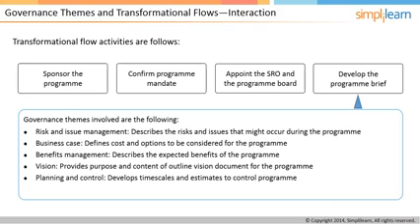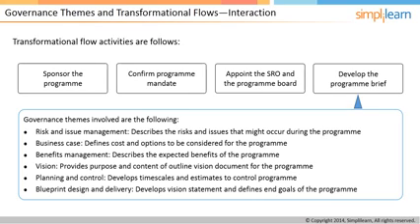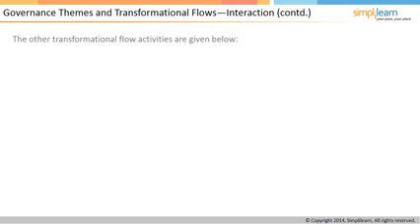Planning and control develops timescales and estimates to control program, while blueprint design and delivery develops the vision statement and defines the program goals. We will continue to discuss the interactions between governance themes and transformational flows in the next